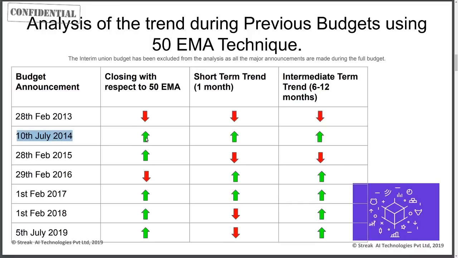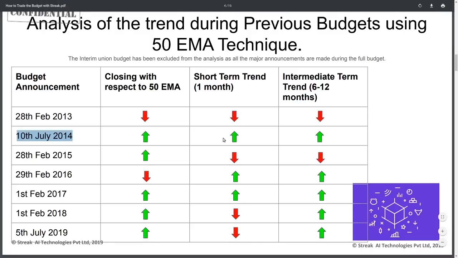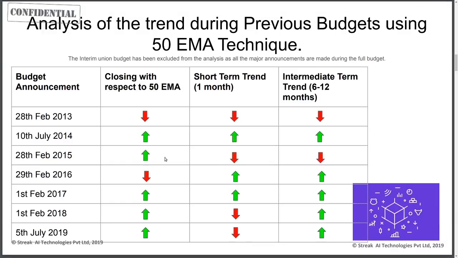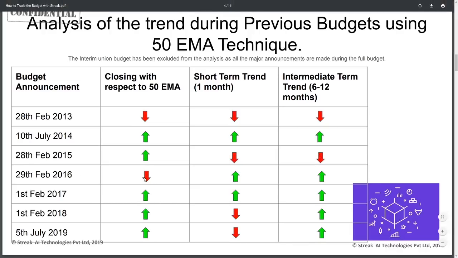In that, the closing price was higher than the 50-day moving average on the day's close, and the short-term trend was bullish, and the long-term trend, which is 6 to 12 years in this scenario, the intermediate trend, also was bullish. The next is 28th Feb 2015. Same way here, the price closed above the 50-day exponential moving average, but the short-term trend became bearish and the long-term trend became bearish as well. Now there is 2016, where again